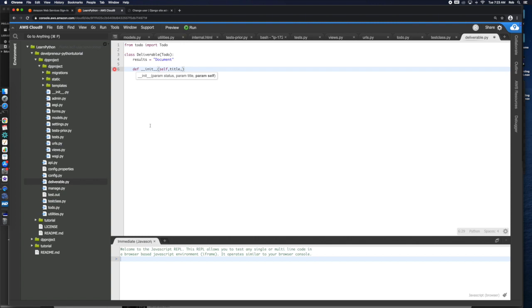And you can see here it's actually already looking at the one for its parent. And I'm going to take title. I'm going to take my status. And I'm going to take result. And so in this case, I'm going to be able to call super